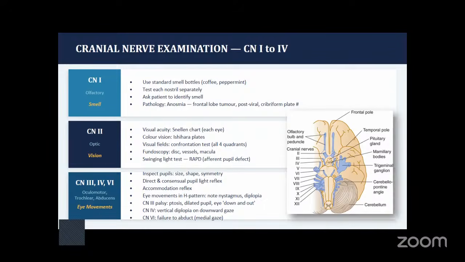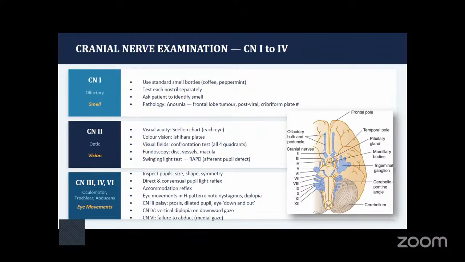For cranial nerve 3 and cranial nerve 2, we can still assess accommodation. So it's important to understand again how that arc works. For cranial nerve 3, 4, and 6, to save time, you will test them all together. So just from observation, inspecting the pupil size, shape, and symmetry, then direct and consensual pupillary light reflex, accommodation reflex, eye